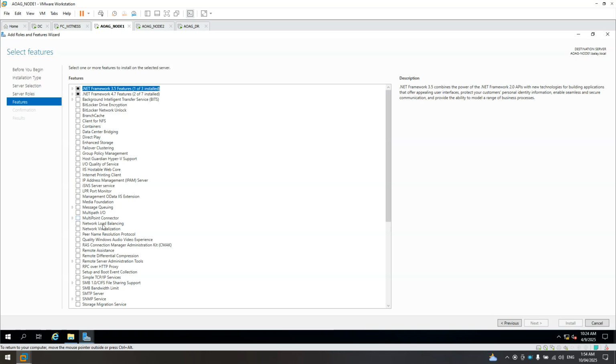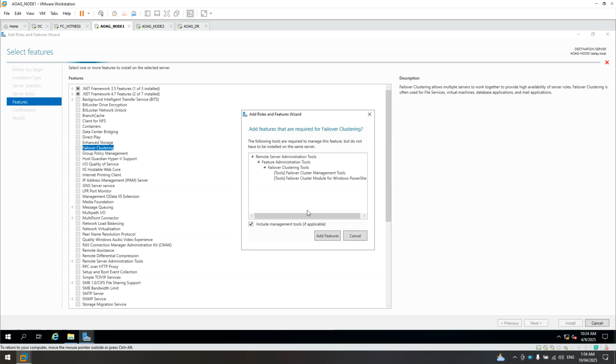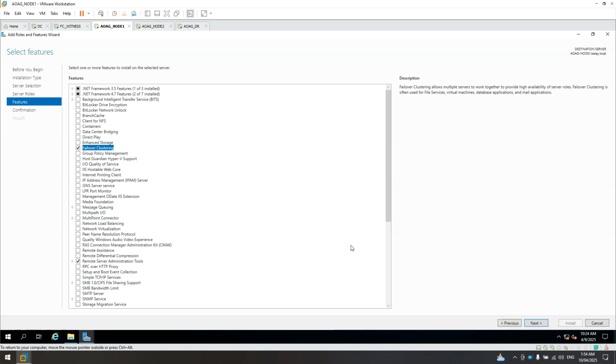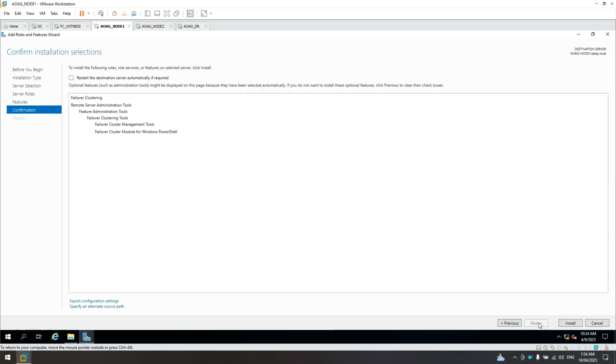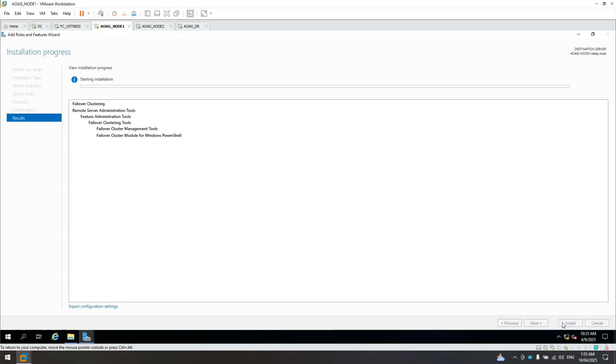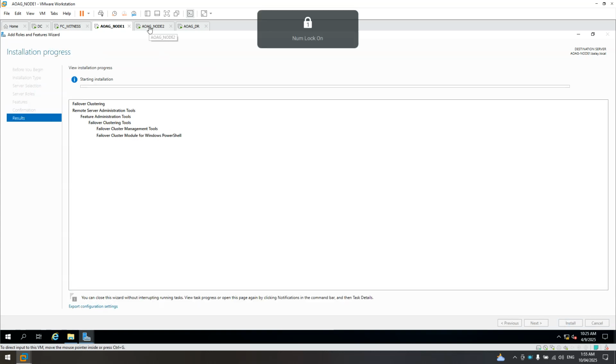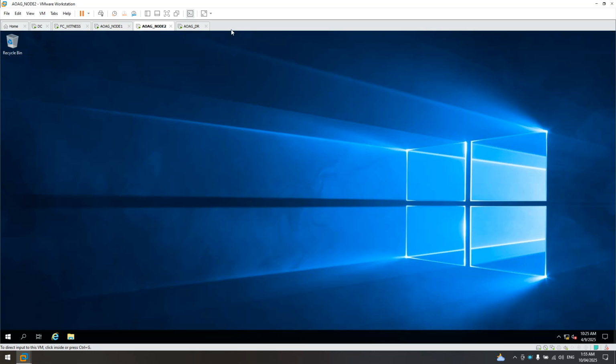In the features, make sure to look for Failover Clustering. Click that one, Failover Clustering, add feature. Then click next. Check restart the destination server automatically if required, because if after the installation it requires a restart, it will restart automatically. Then click install. Then do the same on AOAG Node 2 and the DR.